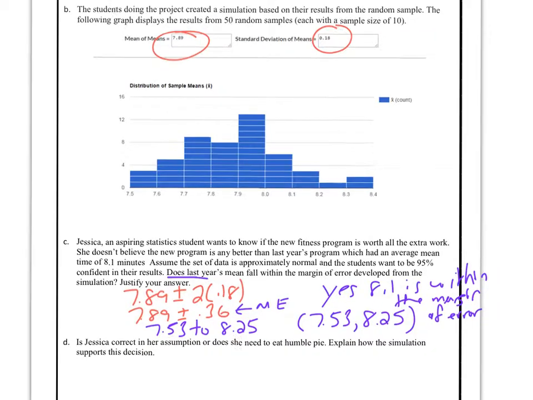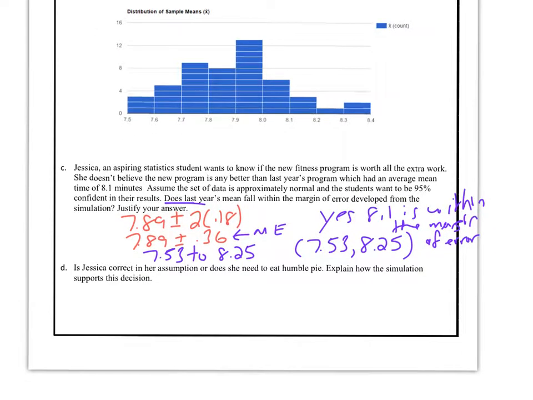So now we answer the question where we're using statistics. Is Jessica correct in her assumption, or does she need to eat some humble pie? Is she wrong? Okay, explain how the simulation supports your decision. So what we know is that the mean that we got from our